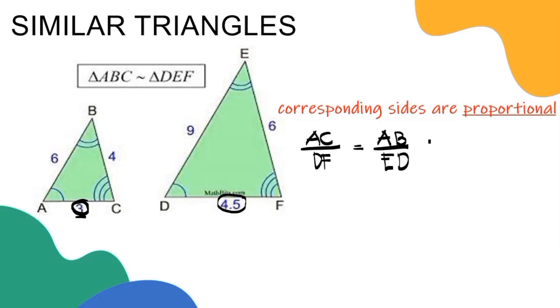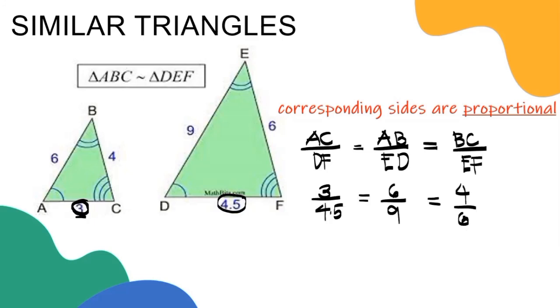It's also proportional to the remaining sides, which is BC to EF. Let us now substitute. AC is 3, DF is 4.5, AB is 6, and DE is 9. BC is 4, and